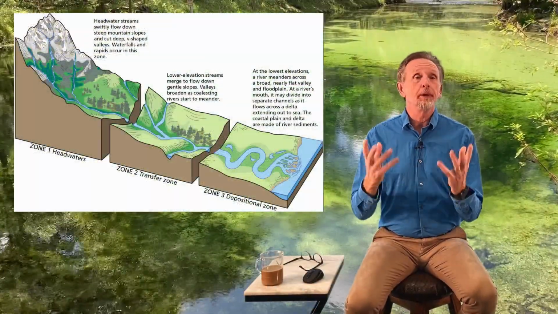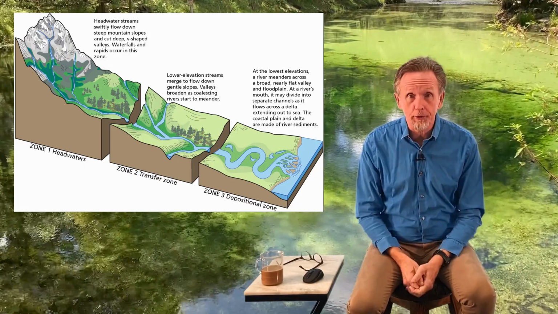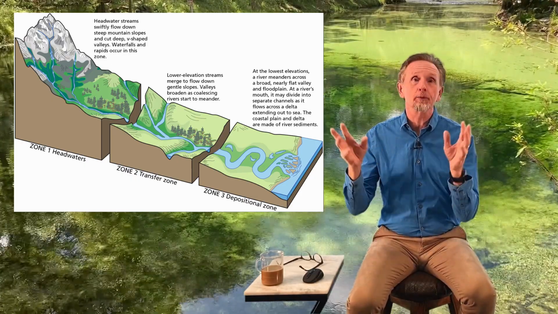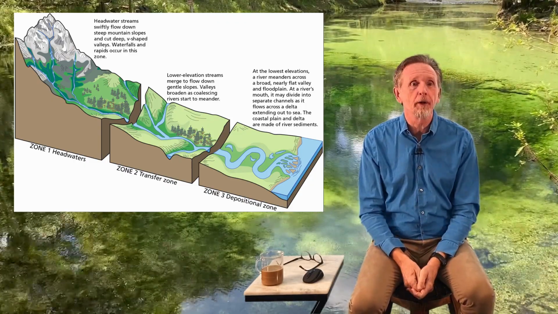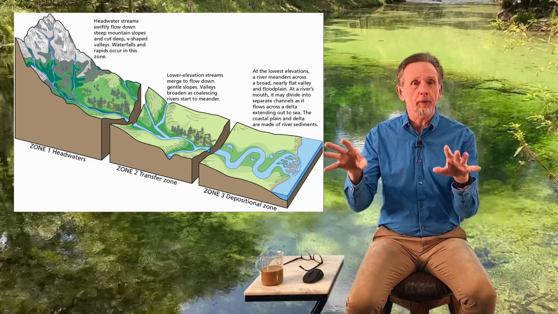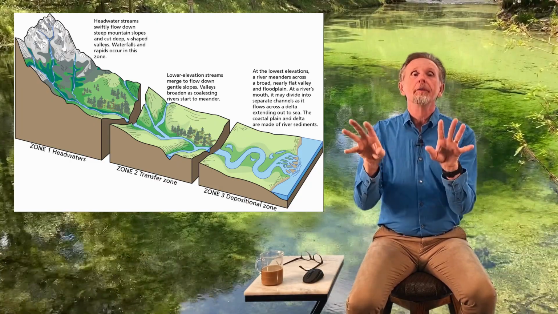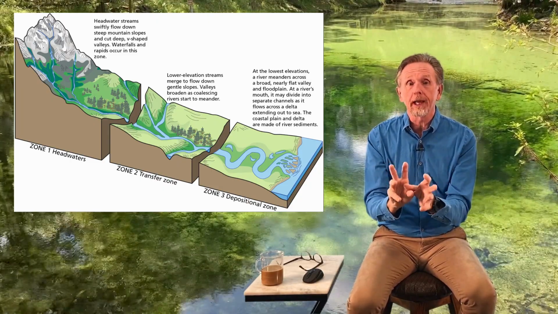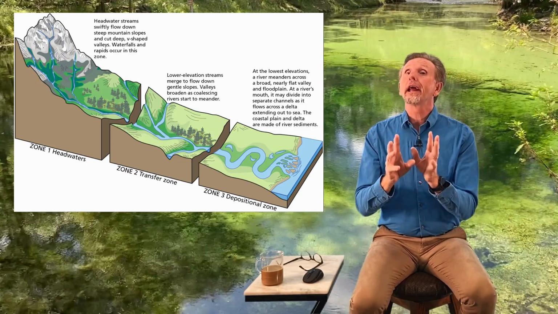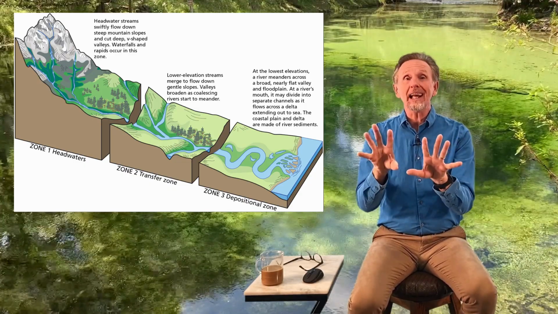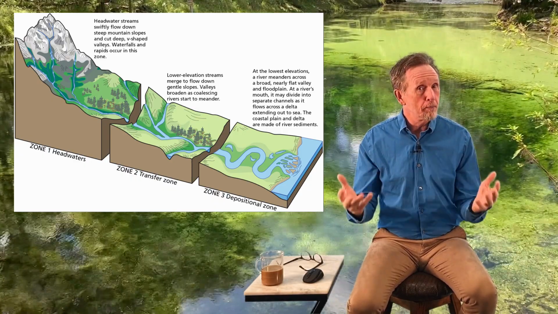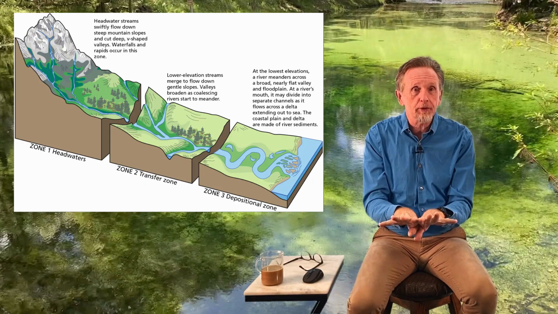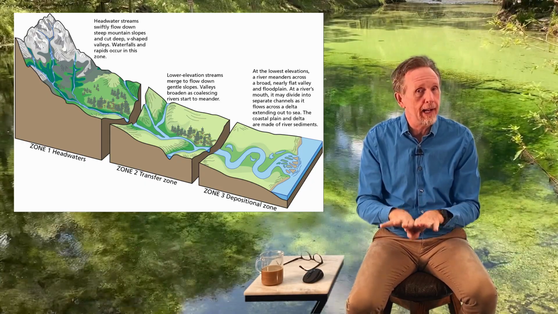Now, our river systems. Streams flow. We have a source zone. This is where the streams begin, typically up in the mountains where it rains and it runs off, but also there's snow melt, etc. But typically the falling rain begins to form the streams. The streams flow downhill, they come together to form rivers. And then a river system is a connection of rivers that drain a river basin, this whole area that slopes down into the low-lying area.